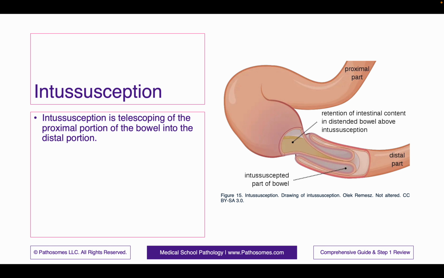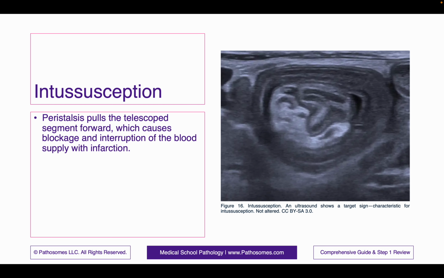You see that? With intussusception, the peristalsis actually pulls the telescoped segment forward, which causes blockage and interruption of the blood supply with infarction. You can see this on an ultrasound, and it's classically described as a target sign on the ultrasound,